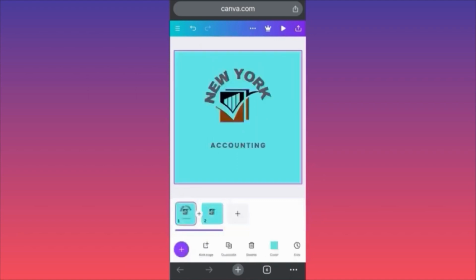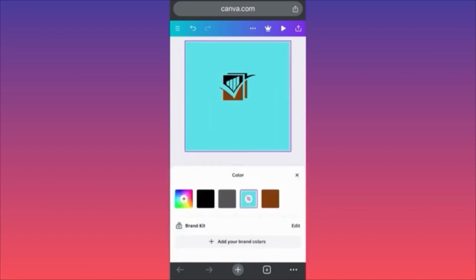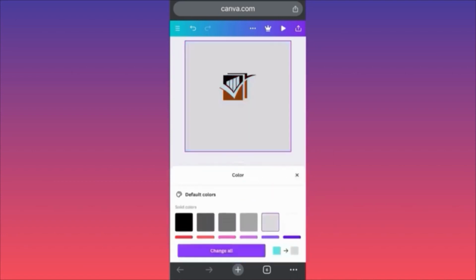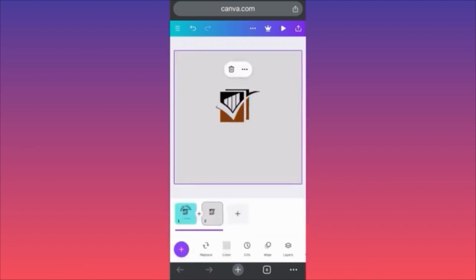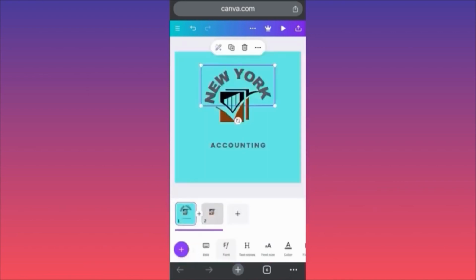So, not perfect, of course, but the main idea over here is that you have two images, and on the second image we want to change the background color. So this is where the magic will happen. The main idea over here, guys, is that you have two images which are, in our case,